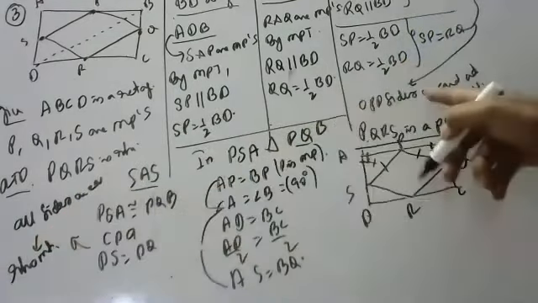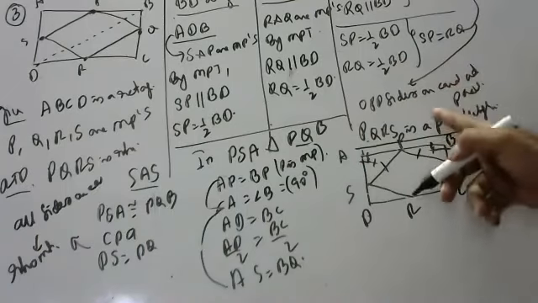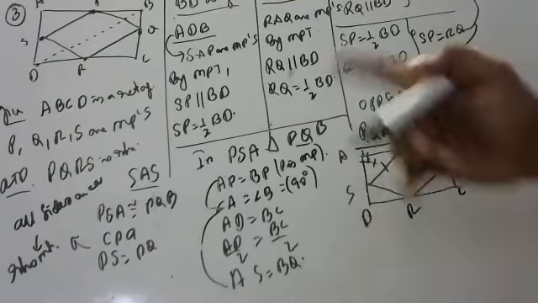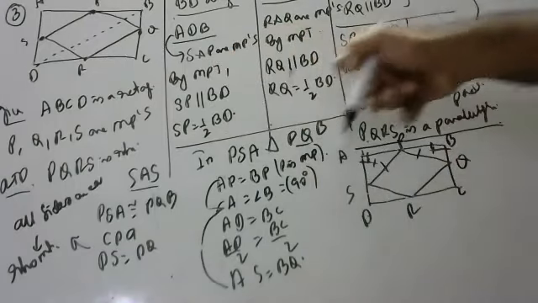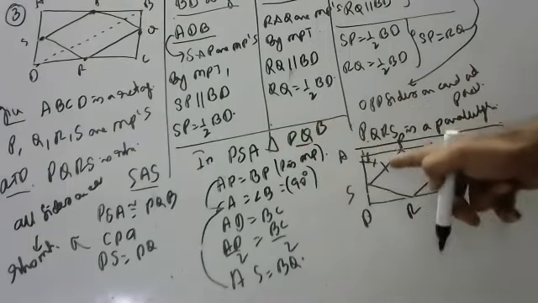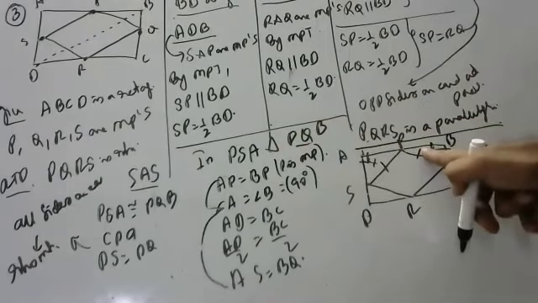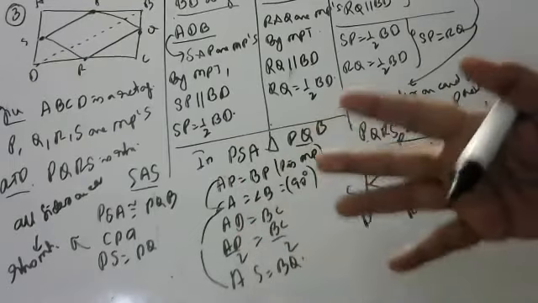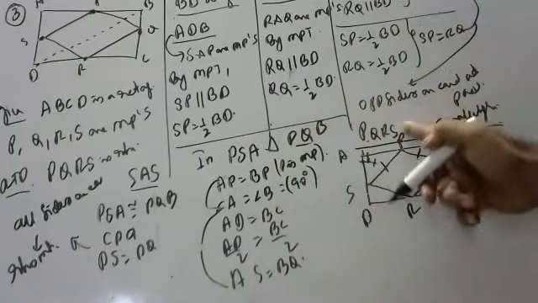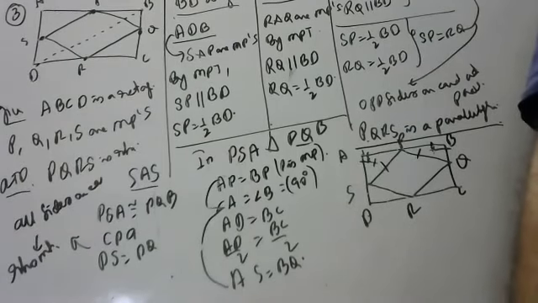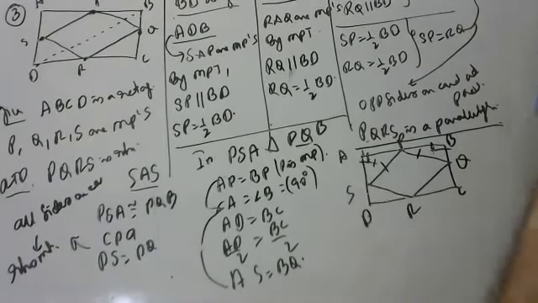Children, we proved it is a parallelogram. After proving the parallelogram, I proved all sides are equal, so it is a rhombus. How did I prove the parallelogram? You know, and these both triangles are congruent, so adjacent sides are also equal, opposite sides are also equal, so it is a rhombus. Now I proved it is a rhombus because all sides are equal. Okay, please try to practice it some 5 times and show me tomorrow, children.